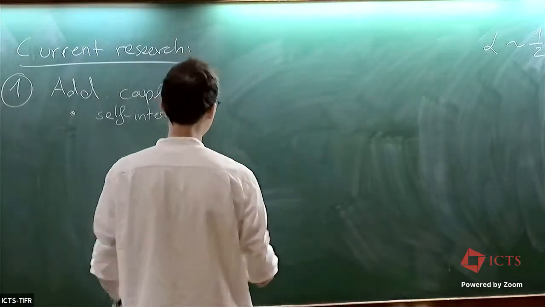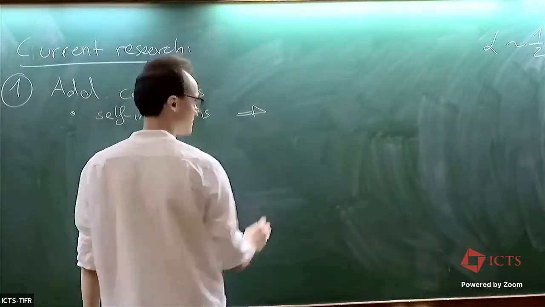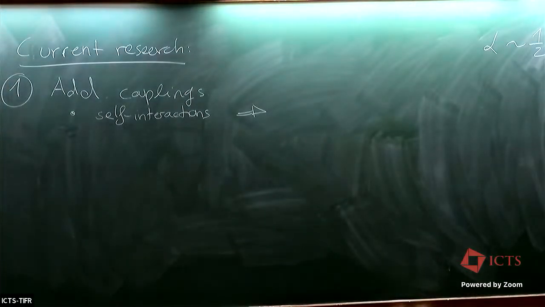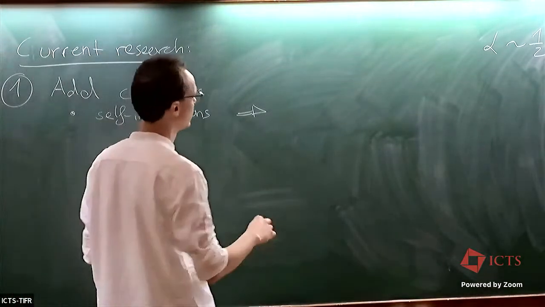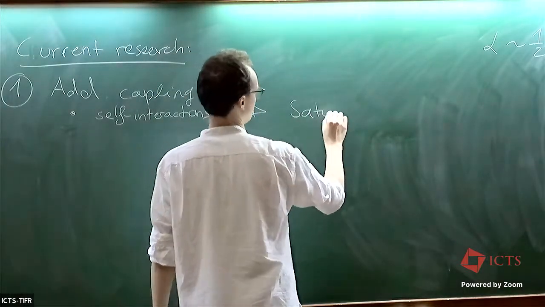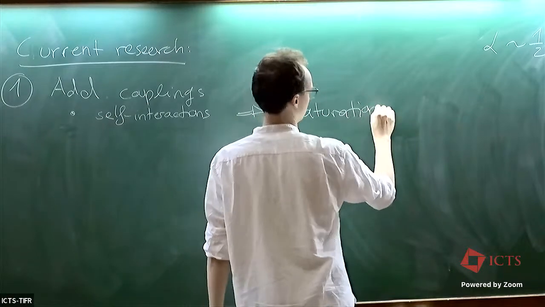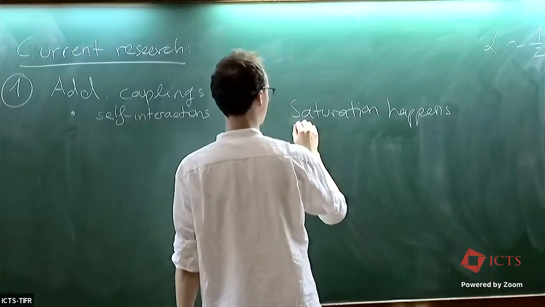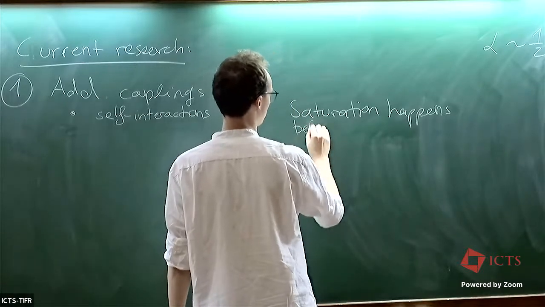And then people work this out, and basically what they find is that, yes, it can affect the superradiance growth and also the subsequent gravitational wave emission. So basically one important outcome here is that the saturation can happen earlier. So saturation happens before